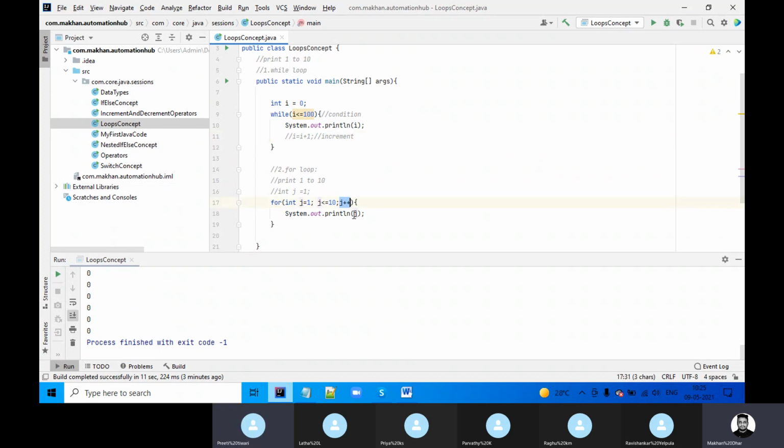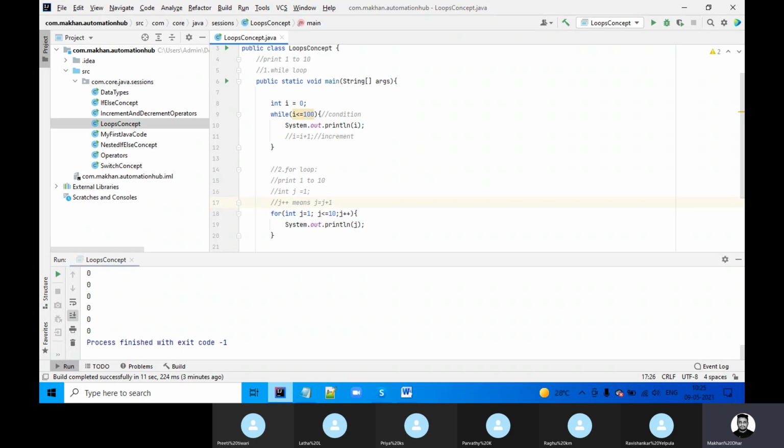Here I will just do it this way. What is the meaning of j plus plus? That we already covered, right? It means j equal to j plus 1. j plus plus means take the current value of j and add 1.